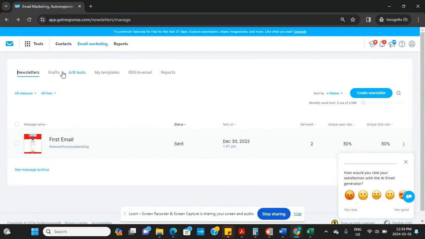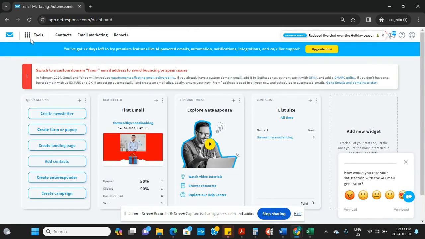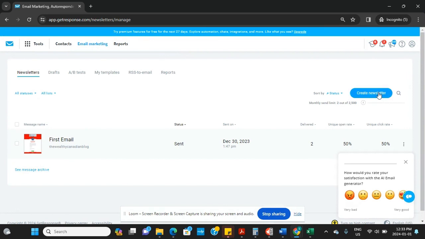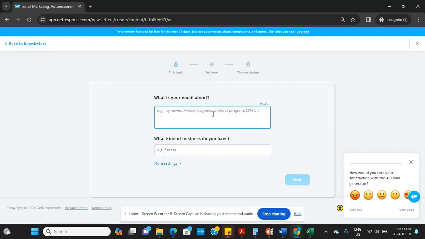This is very simple, right? So you come to email marketing. Just imagine you're on your desktop dashboard from the get-go. Just come straight to your email marketing and create a newsletter, right? So it gives you the option, create by myself or with the AI email generator. Click on the AI email generator and it asks you,